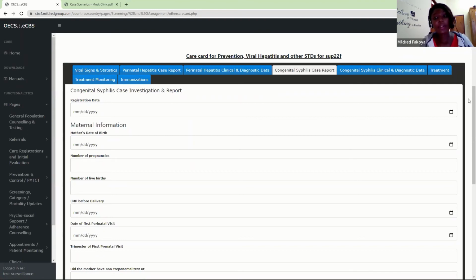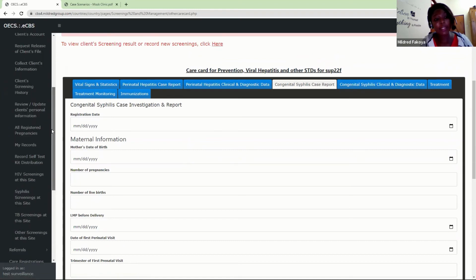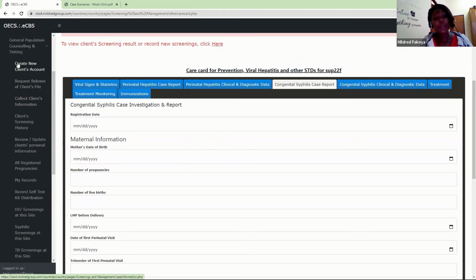Now, we have looked at general population counseling and testing functionalities. We looked at how to create a client account, how to request release of a client's file, how to collect client information, and how to retrieve screening history of a client, how to update just the personal information of a client, how to look at all pregnancies that are registered at your current assigned testing site, how to look at all the records that you have accessed on the system,